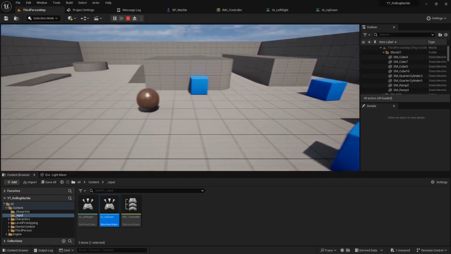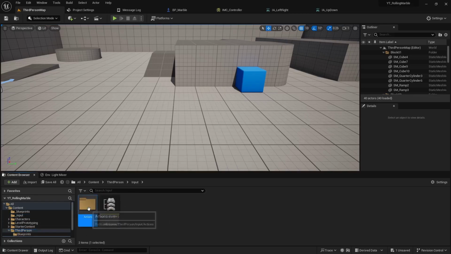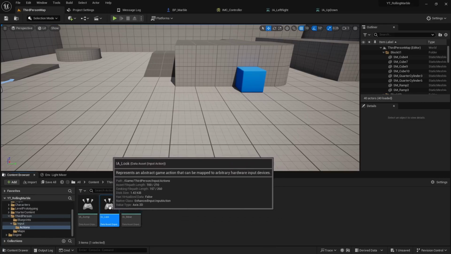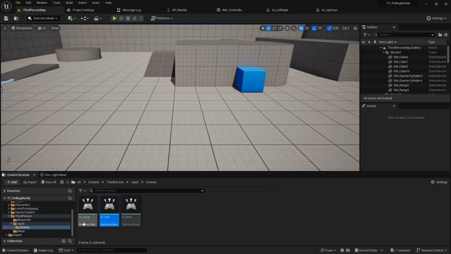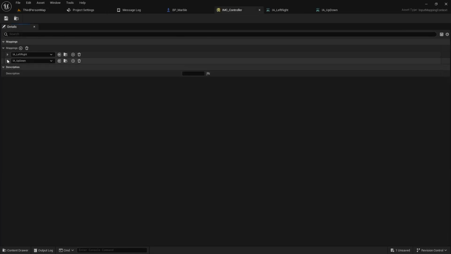All right, but just going one step further, if you didn't like the static camera, which personally I prefer because your rotations are going to affect your movement, so it's going to look a little weird, but maybe you want to do it anyways. We can add a look function to this. Because I'm in the starter content, there actually already is a look action set up, so I'm just going to steal it. So I can come into my IMC controller that I made, and then I can actually just add